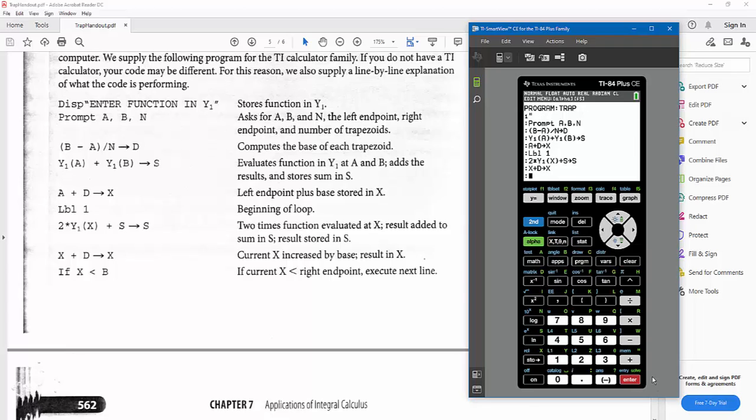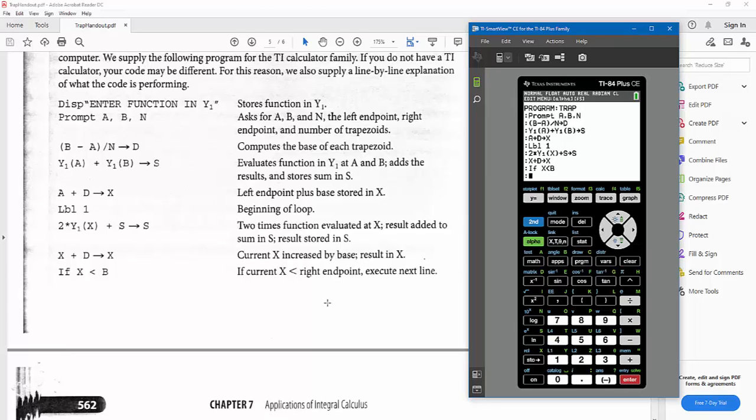Okay, if, that'll be a program. Oh, there it is, number 1. If X is less than B. Okay, less than. I believe less than is hidden under test. So second math. Yep, there it is, number 5. So if X is less than B,